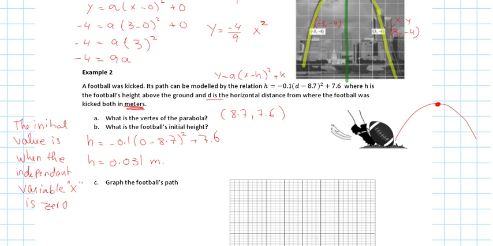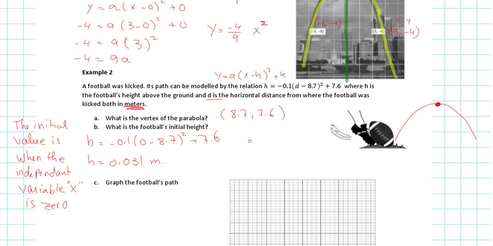So what's the height of the football? What's the initial height of the football? What do I do? It's a word problem. Always you're going to end a word problem with a therefore statement. Okay? You're going to have to tell me what is the answer. So you're going to say therefore